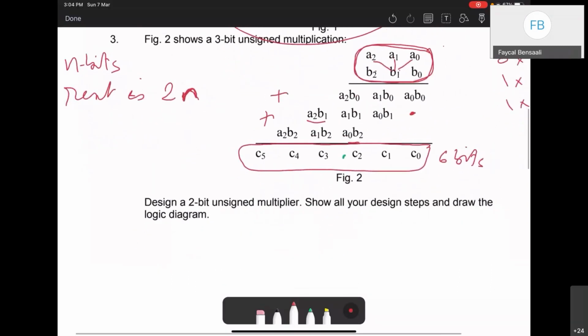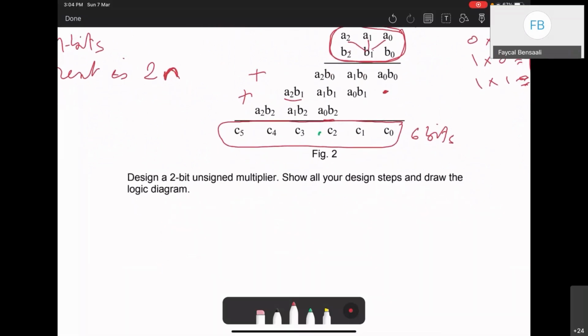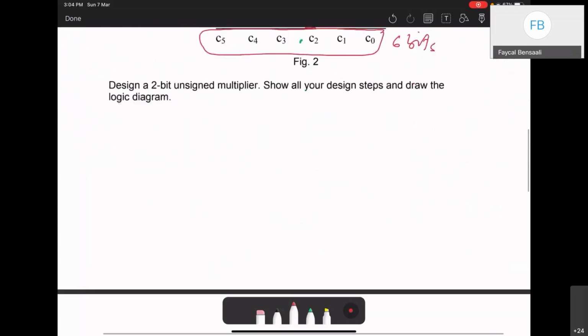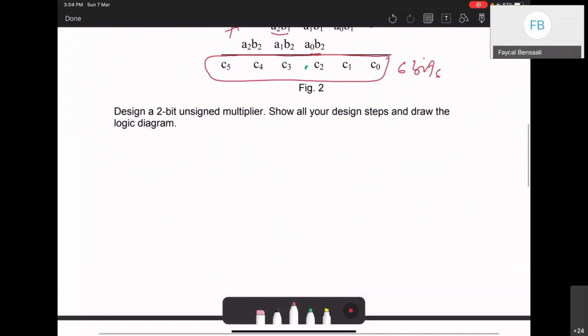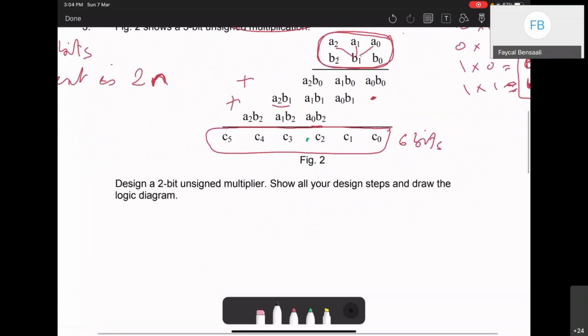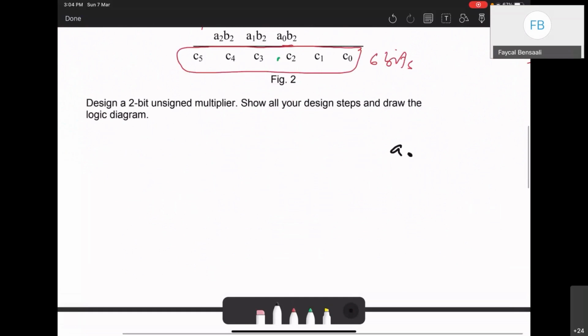The question is to design a 2-bit unsigned multiplier. So we ask you to do the same, but less complex than the above one, just for 2 bits instead of 3 bits. So of course I can start with something like that. So we have A0, A1, B0, B1. So we do A0, B0,